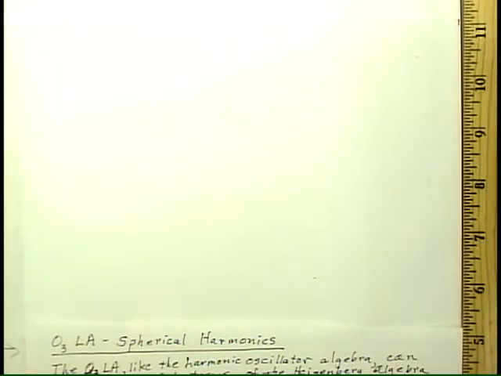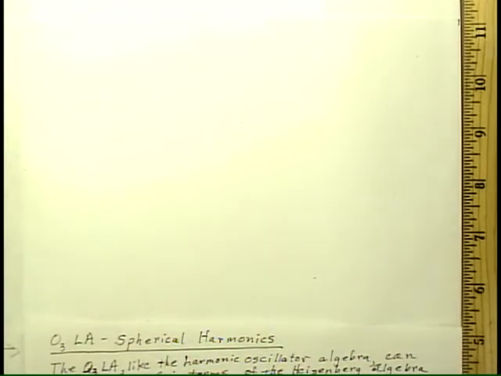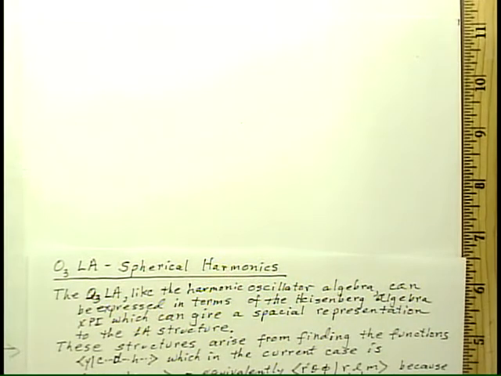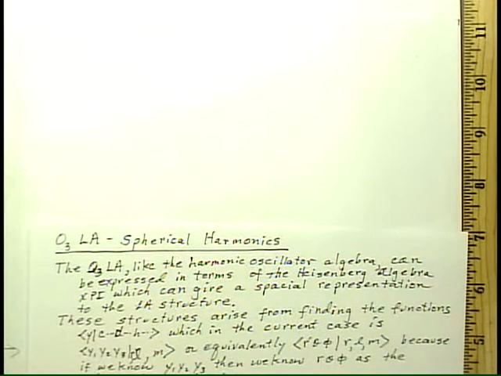We're about to derive the special functions called the spherical harmonics. The Lie algebra for the orthogonal group in 3 dimensions, like the harmonic oscillator algebra, can be expressed in terms of the basic Heisenberg algebra, x, p, and I, which can serve to give a spatial representation to the Lie algebra itself. These structures arise from finding the functions y,